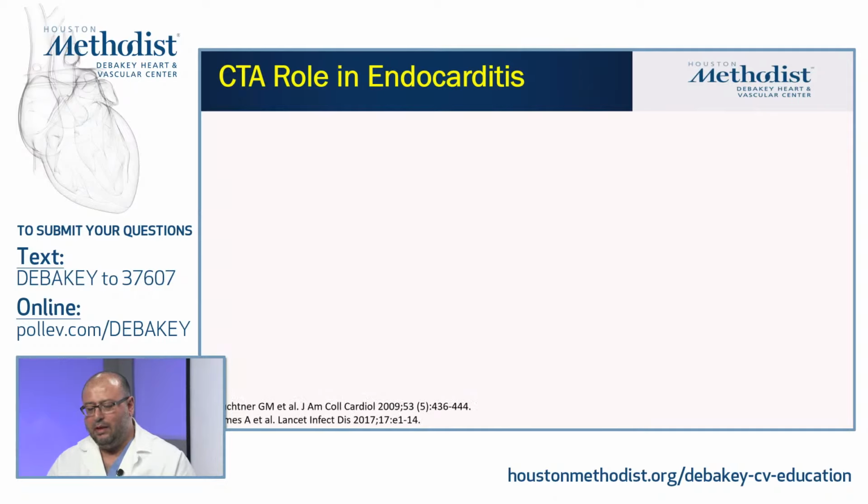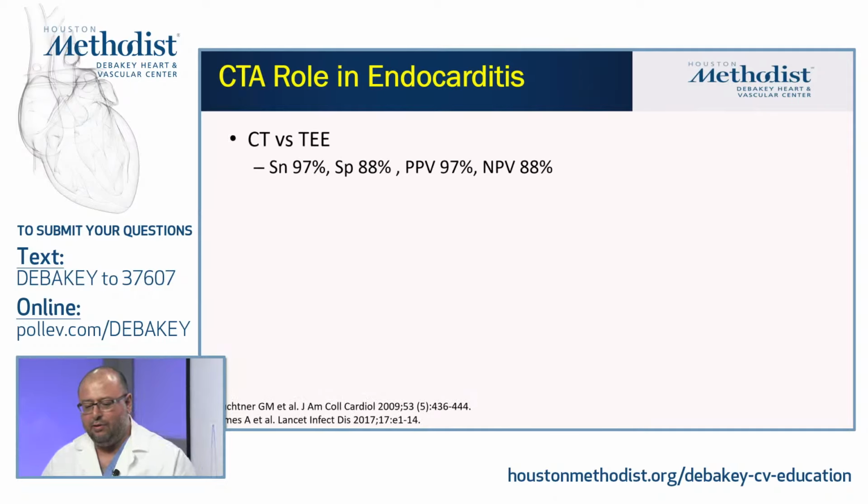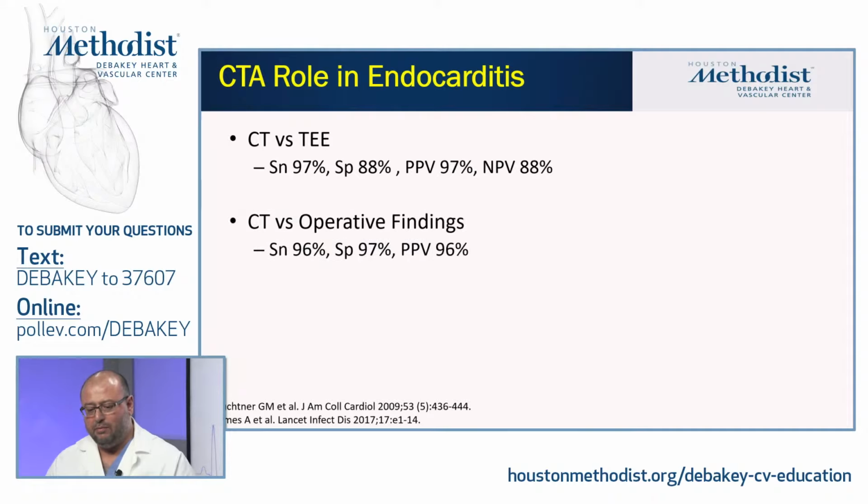So let me give you a rundown initially of how accurate CT is for these assessments. Obviously you have to look at what is your comparator group or gold standard group. So if you're going to use TEE, CT is pretty good for assessment of endocarditis, sensitivity is 97%, specificity is 88%, and its negative predictive value is 88%, and this is mainly because small, highly mobile structures may not be well seen by CT. It depends on the temporal resolution of the system. If we're going to use operative findings, then sensitivity is pretty high, 96%.